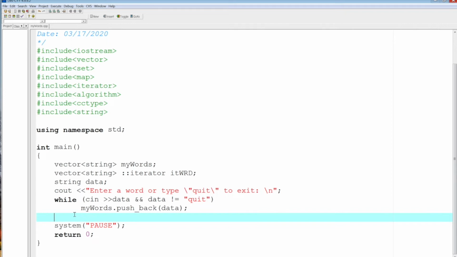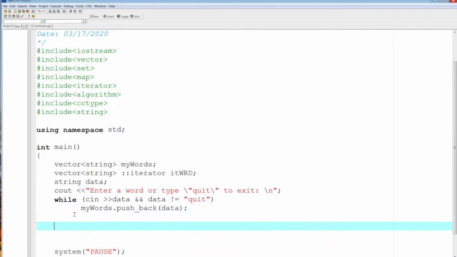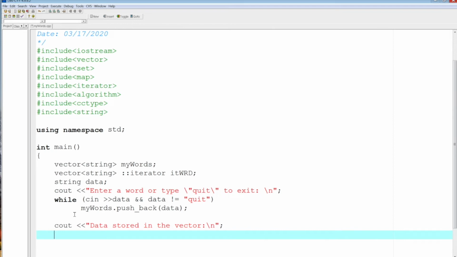What if we wanted to see what the data is? All right, so we're going to do a cout here. Data stored in the vector. We're going to do. Now we could use an iterator, IT word, inside of a for loop and move it. Right? We've done an exercise like that, so this is a good review. So for IT word,